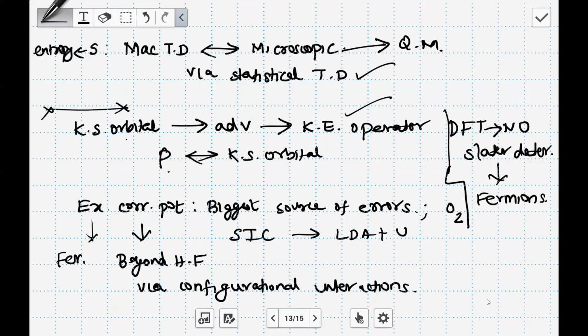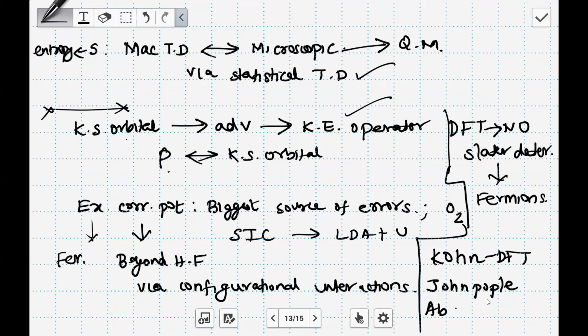So there is this entire approach. In 1999, I think, the Nobel Prize was given to Walter Kohn, who developed DFT, and to a quantum chemist called John Pople, who developed the so-called quantum chemical approaches, or ab initio approaches. Here the starting point is Hartree-Fock and a Slater determinant. And then you can incorporate better correlation interactions. You use more than one Slater determinant to express your system. All these things are not available